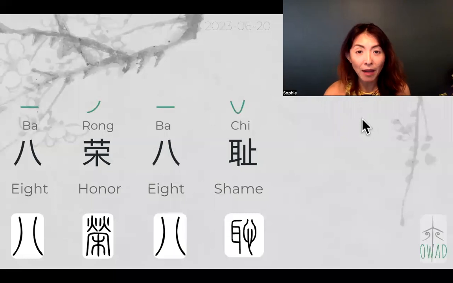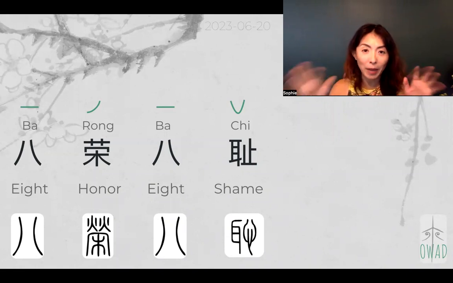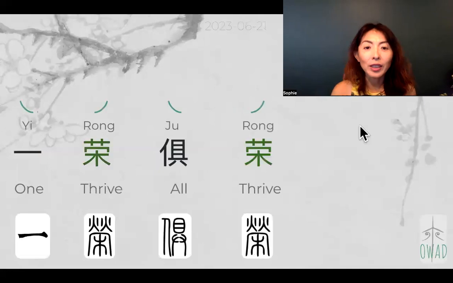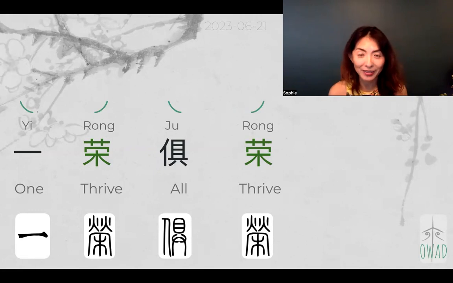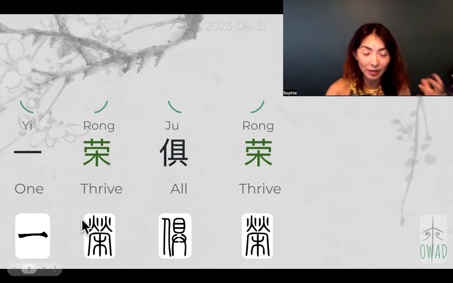Yesterday, we talked about the 八荣八耻, which is the contemporary CCP governing ethics, which is 8 ethics. It was phrased with this pair of what's honorable, what's shameful to discipline the population over there. Okay, so 一荣俱荣 is today's concept. Again, we have a repetition of the same character in this four character expression. 一荣俱荣. Basically, we're talking about thriving or flourishing with this big canopy tree symbol.